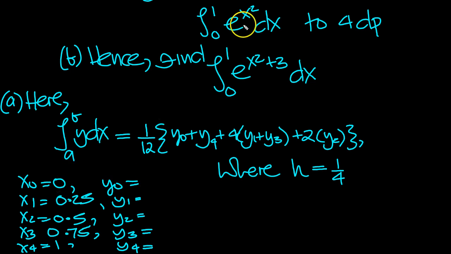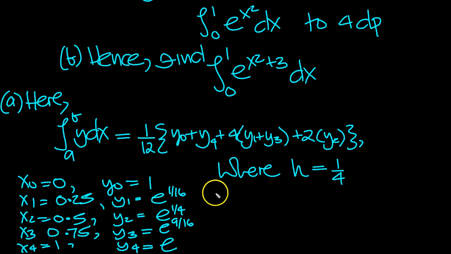So y0, put 0 into e to the 0 squared is e to the 0, which is 1. And then here put 1 in, we've got e to the 1 squared, which is e to the 1, which is e. Then a quarter, e to the 1 over 16 is here. And this one a half in, e to the quarter. And this one 3/4 squared is 9/16, isn't it? So this is e to the 9/16. So we could leave it like this, keep it perfectly accurate in the first instance when we're working out this formula. So if we label this I then, so I equals then,